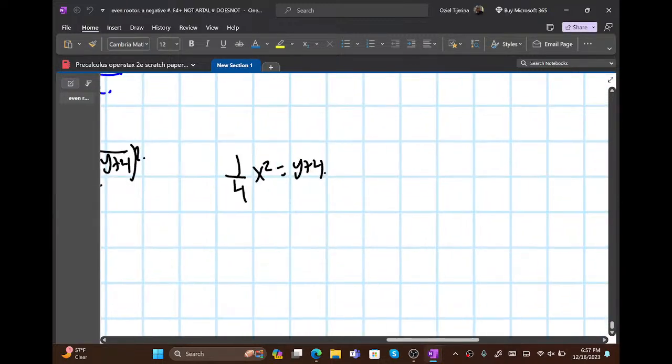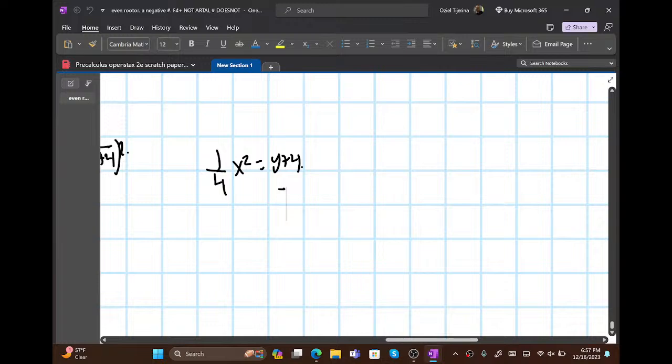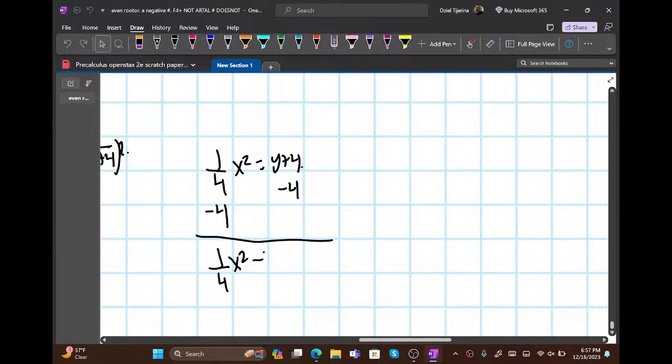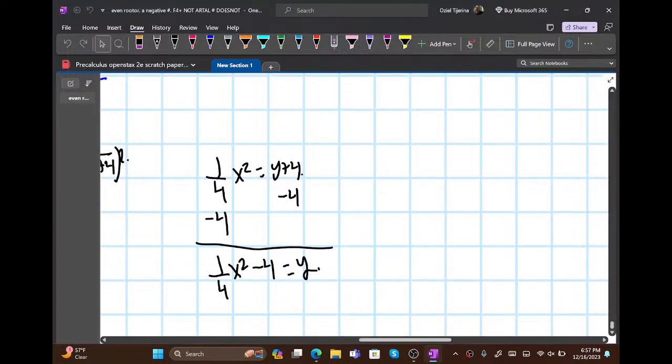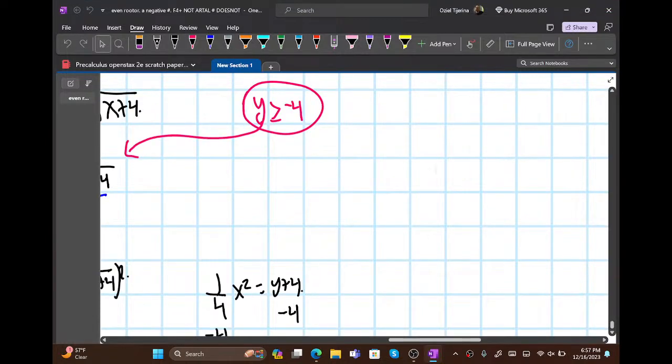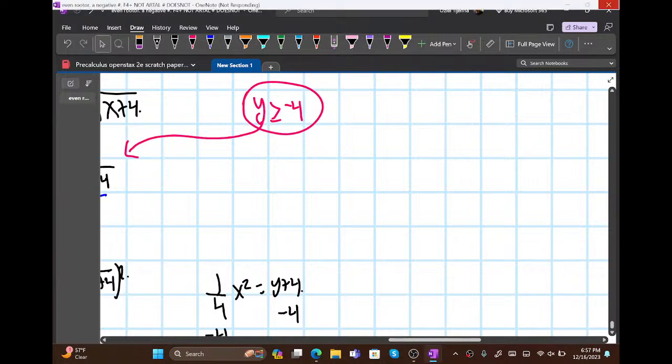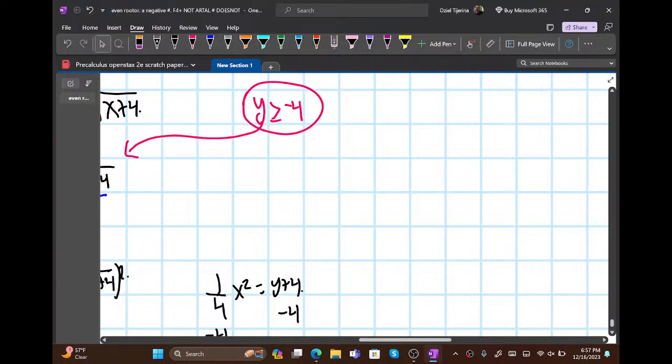Okay, like I was saying, subtract 4 on both sides. 1/4 x squared minus 4 equals y. But we know that if we have that, I think it was, what was it? y greater than or equal to -4. So really,